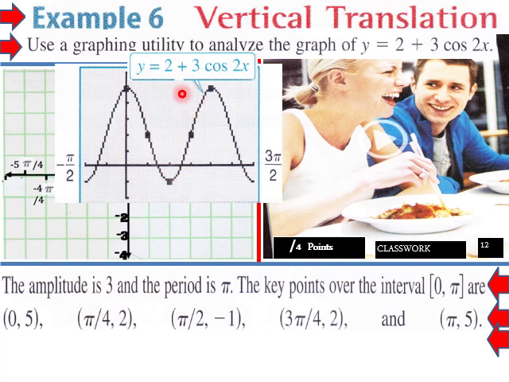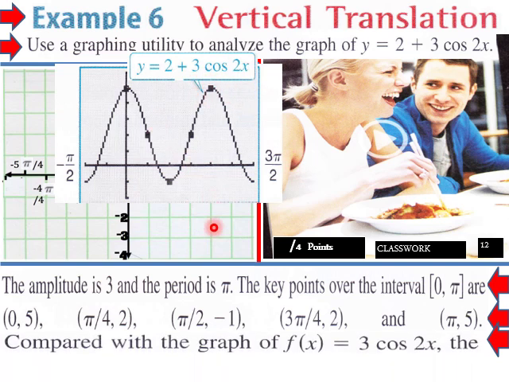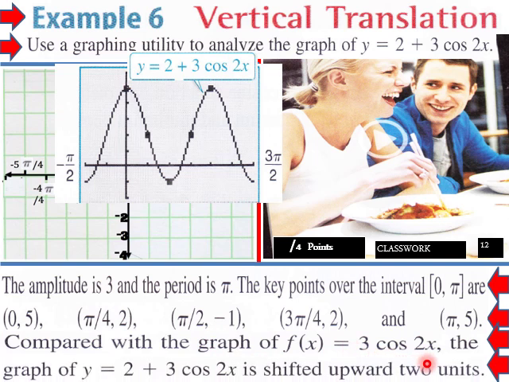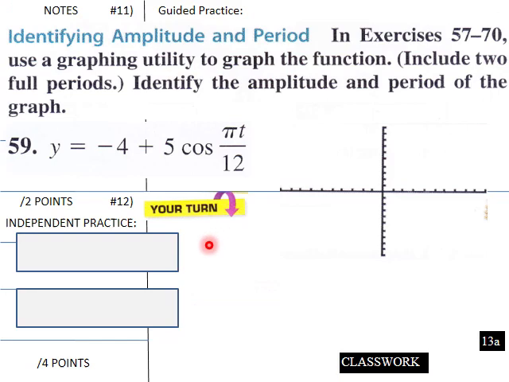Here's the interval we plotted, y equals 2 plus 3 cosine 2x. So compare with the graph of f of x equals 3 cosine 2x. The graph of y equals 2 plus 3 cosine 2x is shifted upward 2 units. So for that, okay, for this problem here, use a graphing calculator to graph this function, y equals